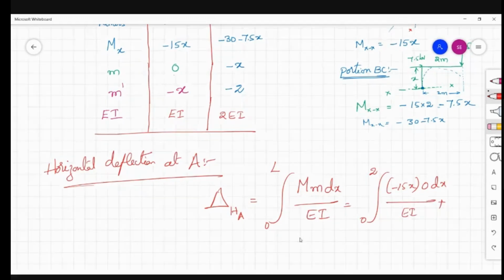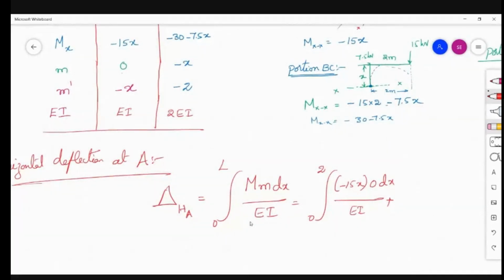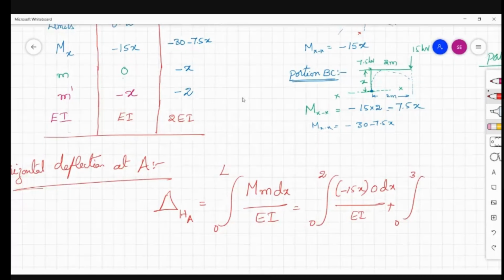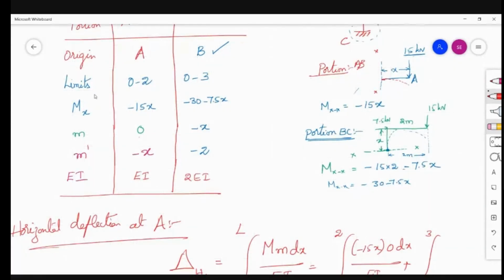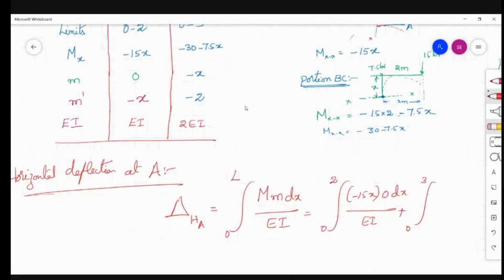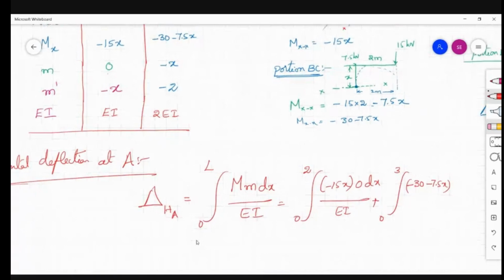plus, what is the next one? Integration of 0 to 3. How did you get this? It depends upon the limits. How are the limits obtained? From the origin. What is the distance of the portion? So this is minus 30 minus 7.5 into x, which is the capital M value, and small m is minus x, dx